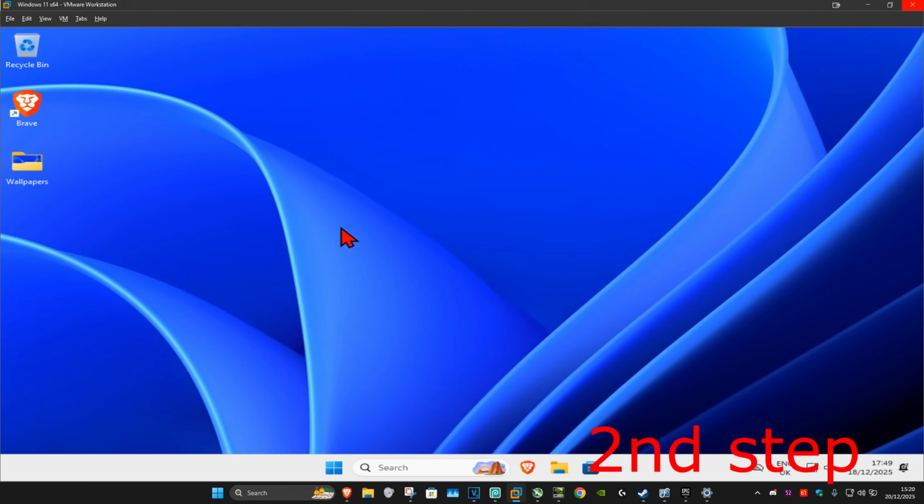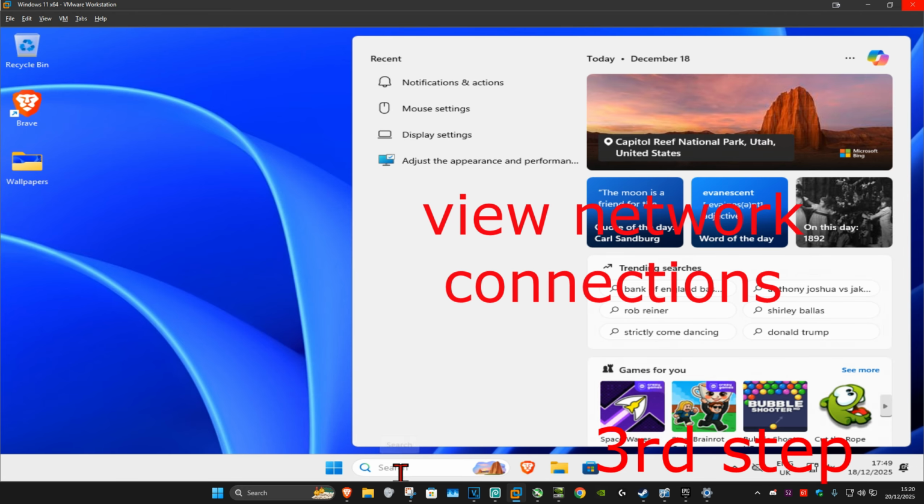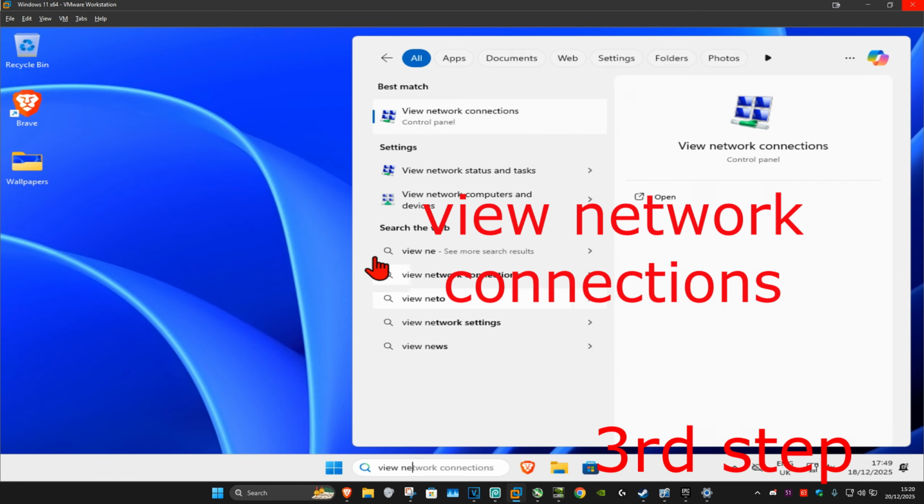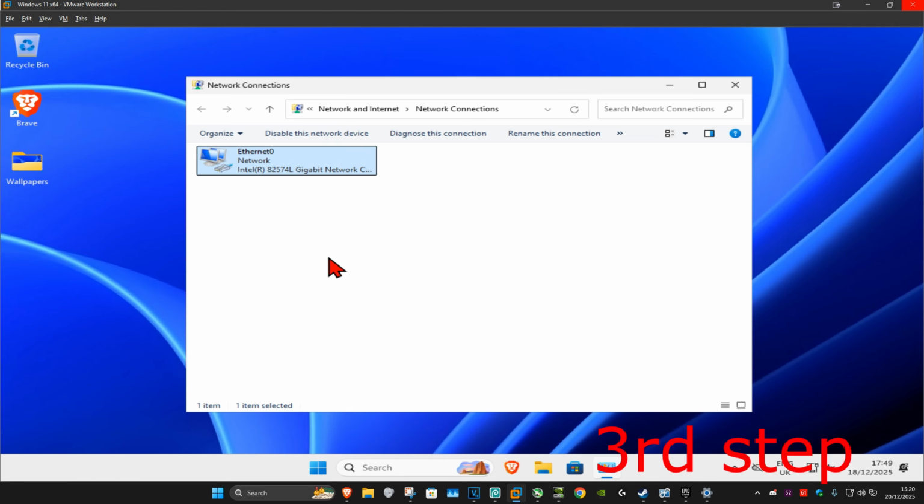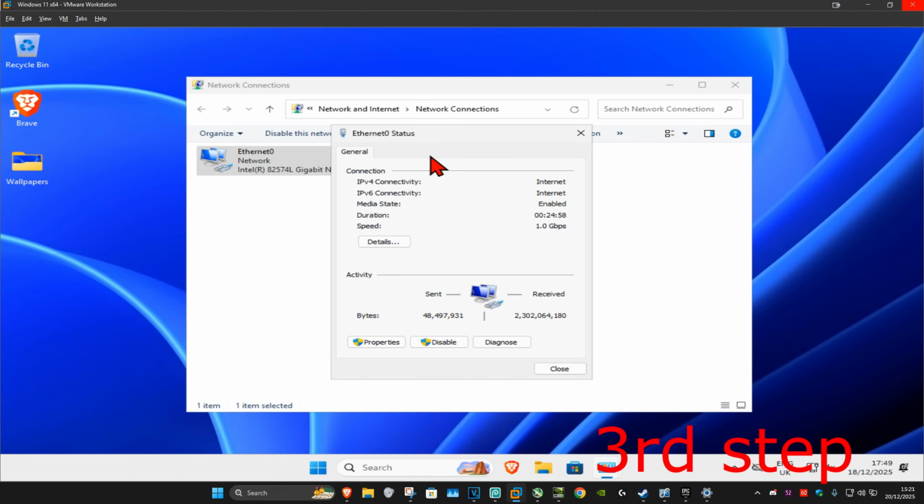For the next step, if you're using a VPN or proxy, then you want to disable it. For the next step, you want to go to search and type in view network connections. Click on it. And now once you're on this, you want to find your network adapter, double click on it, and then click on properties,